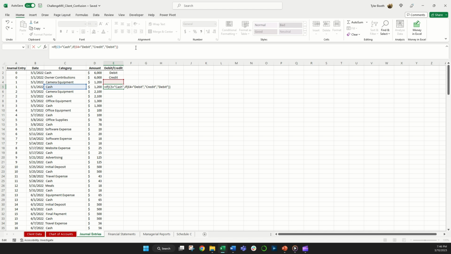Next, we want to test if this is not cash. So if this is not cash, let's assume that we are looking for an asset or an expense account that will increase with a debit. So we will then do another if statement, and we're going to use an or statement as well to check those two conditions, if it's an asset or an expense. So we're going to check,